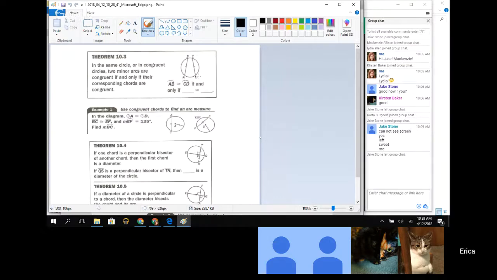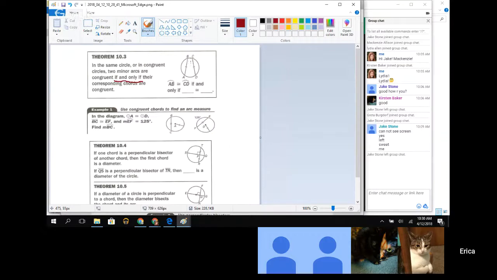So we have a couple of theorems that have to do with chords specifically. In the same circle or in congruent circles, two minor arcs are congruent if and only if their corresponding chords are congruent. Okay, so this is an if and only if, which means that it works both ways. And what it says is that